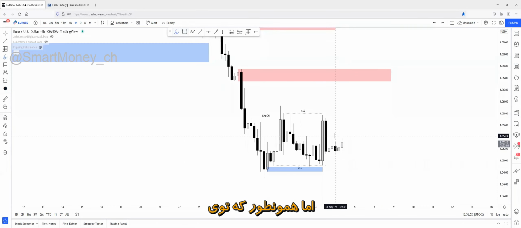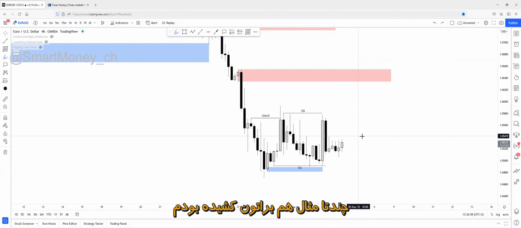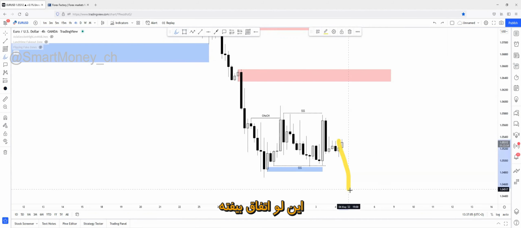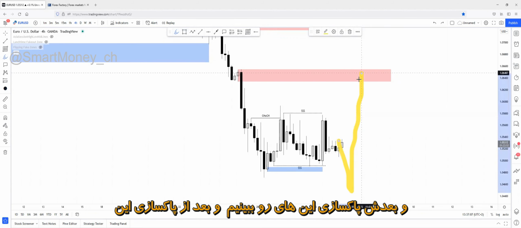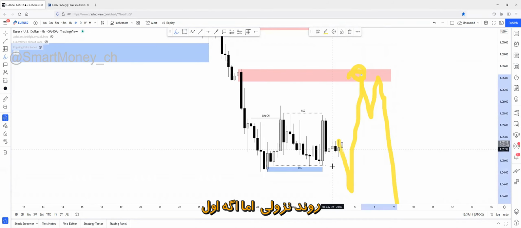But as I sent you in the markups yesterday, I drew some previous examples for you. Please take a look at that markup. If the sweep of this low happens, then we'll see the sweep of the high. Then after the sweep of the high, this supply will be tapped. Confirmation right here, continuation of the bearish scenario.